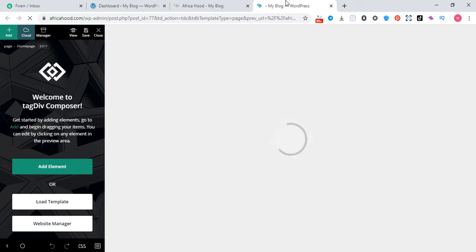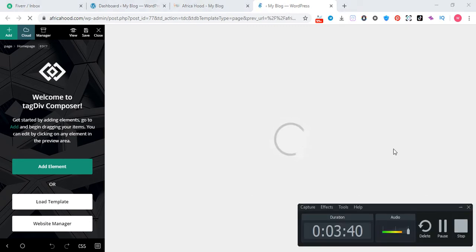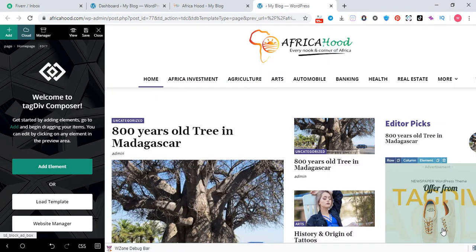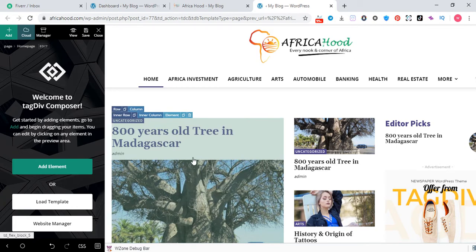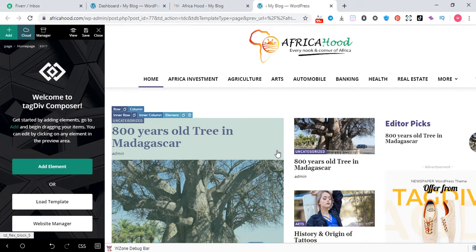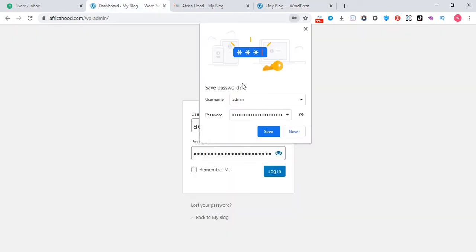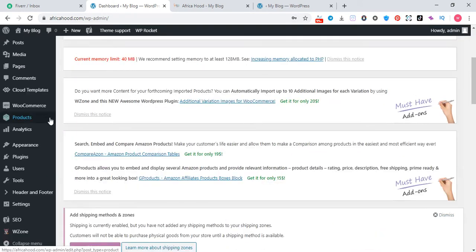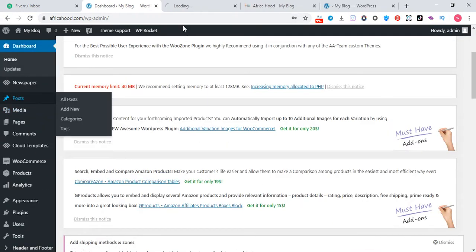Maybe it's taking lots of time, so why waste time, I'm just pausing this. Okay, now the page will be open. First we need to go to this section, but you are not categorized, meaning you have not assigned some posts in the proper category. So before you add a post in a blog, you need to carefully assign a category. So how can you assign a category? I'm showing you. First you need to go, when you start posting, just click here to add a post.